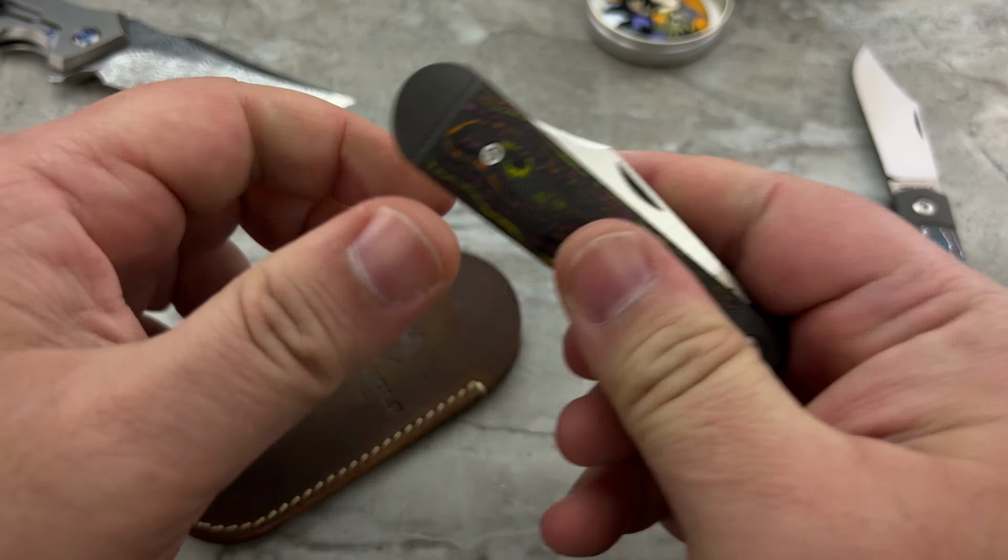And now that I have so many Jack Wolf knives, I like to keep it as consistent as possible. So there is the leather slip to protect the knife while you're carrying it. And now let's talk about the differences, the sizes, and why I feel the Little Bro has an absolute place